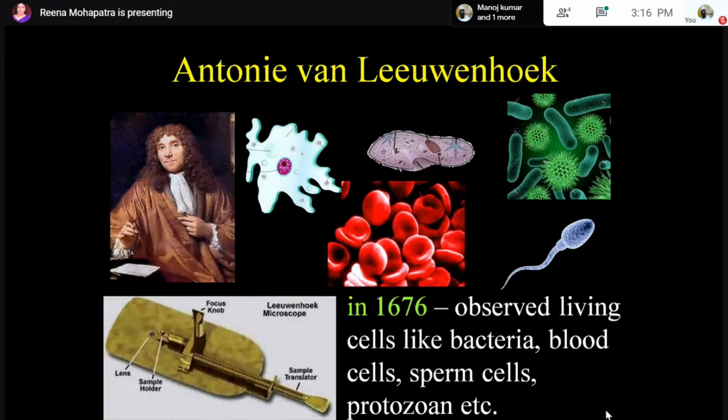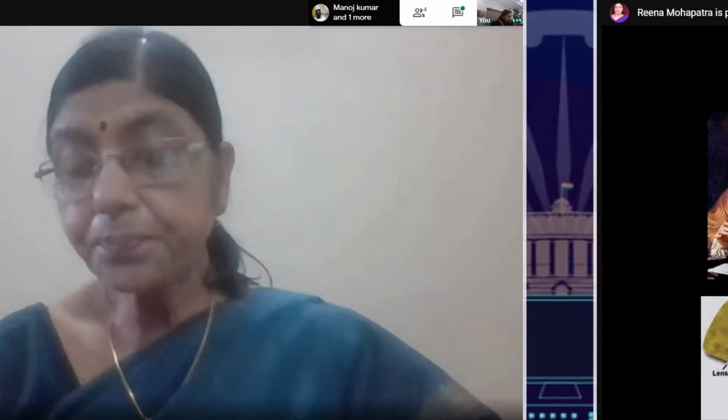Now, when you go to higher classes, you'll know about their findings and a few more. So I'm not discussing in detail. Now, we have got that all the organisms are made up of cells. Then the question comes: are all the organisms made up of a single cell or more than one cell?